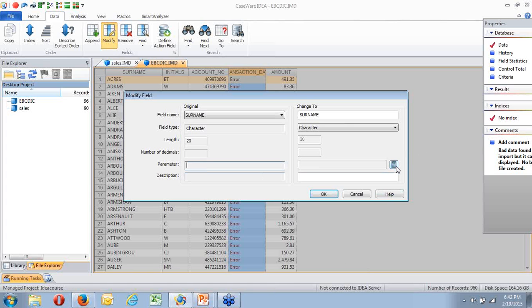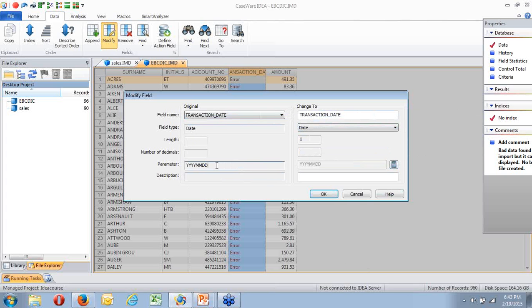So I need to go in here and define it. It's a character field. It's been defined as character because I'm in the surname. If I go into my date, it's been defined as date. Field type is a date field. I don't have a choice. I've got character, numeric, date or time. And there's my parameter.